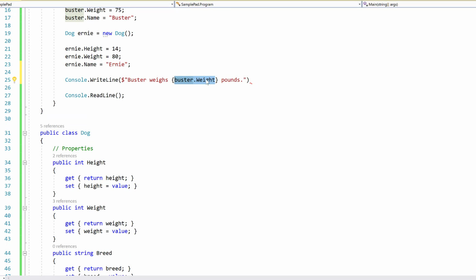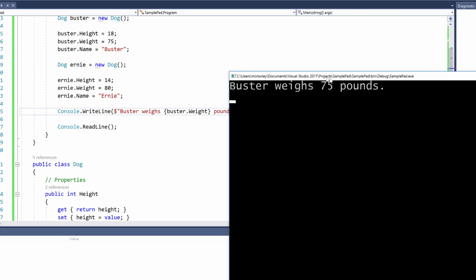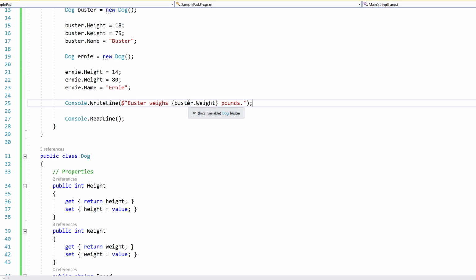So this is replaced with 75, because up here we set the weight to 75 pounds. So when we run this and show it on the screen, we see Buster weighs 75 pounds. We used the getter for the property weight to display the field value of weight for the Buster class instance to the screen. We can just as easily change this to Ernie